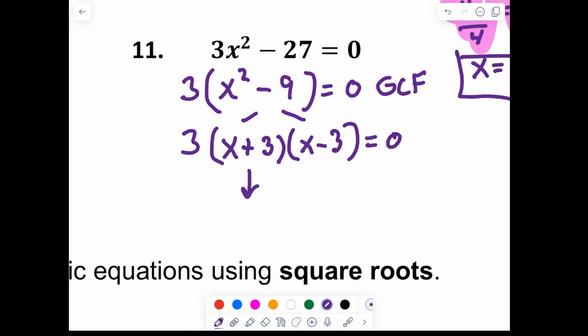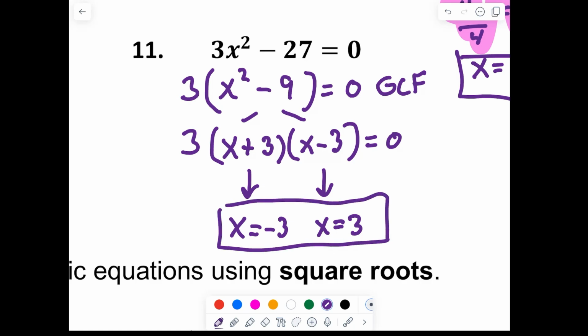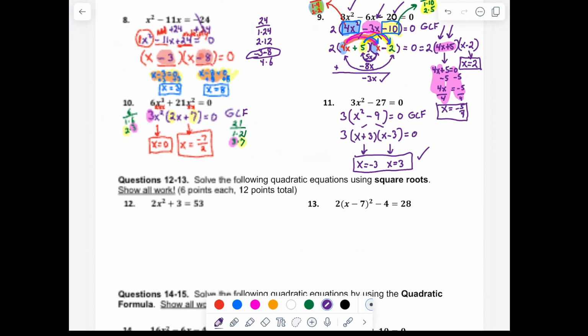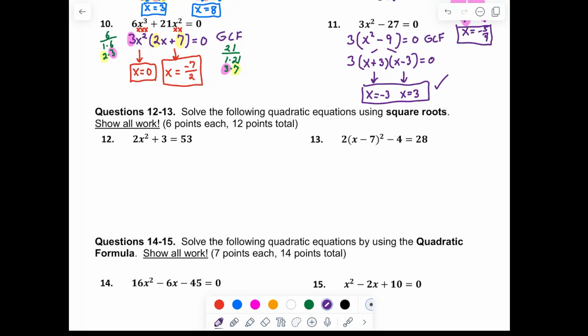Let's see. Always factor out a GCF first. And here, just a simple number to factor out, 3. And that leaves me with x squared minus 9. 3 times x squared is 3x squared. 3 times 9 is 27. All right, I still have a difference of squares to factor here. And that's nice and easy. The x plus 3 times x minus 3